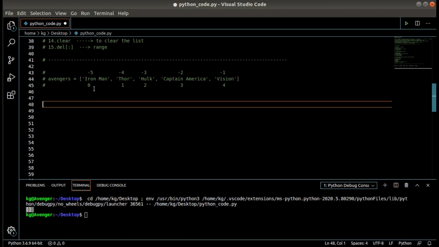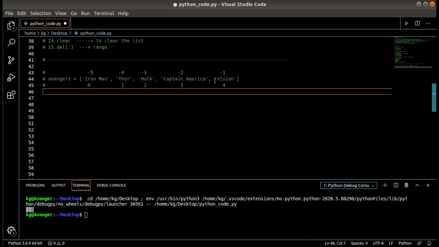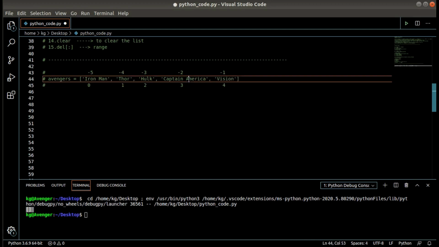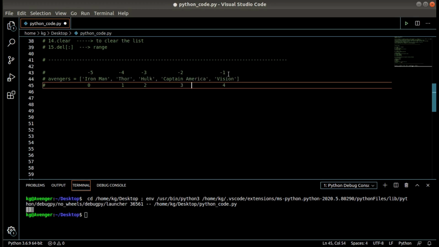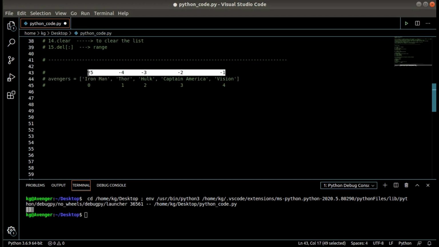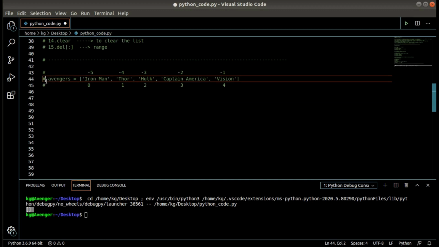I was talking about the indexes previously. So what is the index? It starts from 0 till the end of the list. It gets incremented by 1: 0, 1, 2, 3, 4. That is why we call it a sequential list. These indexes never change, and the items inside the lists can be accessed by using these indexes. We can use negative indexing as well. The last item will be referred to as -1 index, then -2, -3, -4, -5, accordingly.